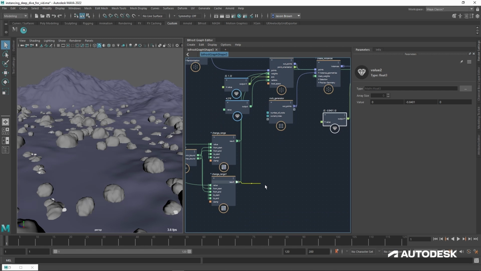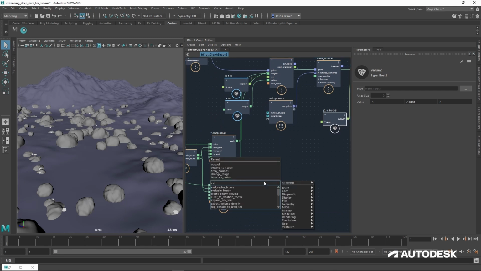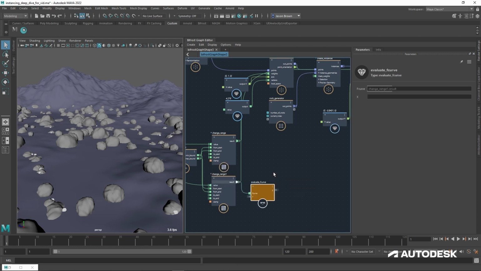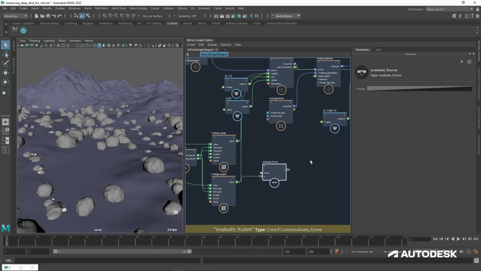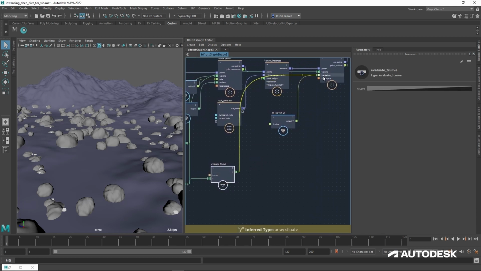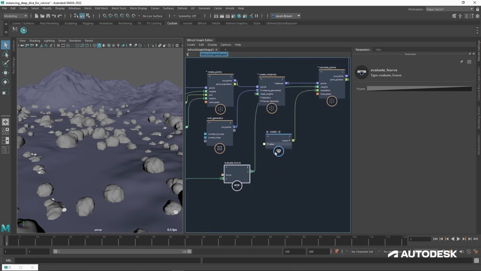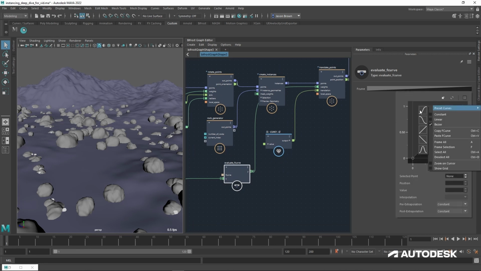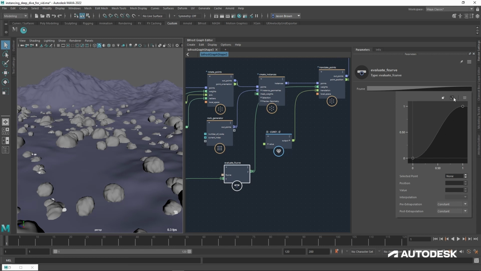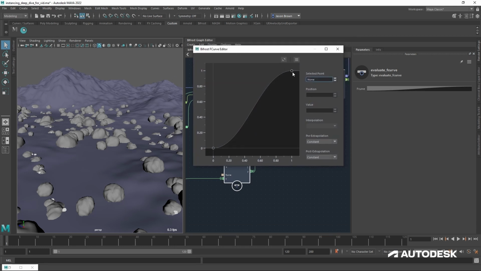And again, we can do it. We can adjust this with an evaluate F curve. So when you do that, it always pops itself into the F curve and you have to change it, which is always fun. And we just put the weights into there, which is fine, which is great. So remember, it's still doing it by this, but we can now have the ability to edit this curve like that. So now anything coming in at 0, it doesn't start coming up until a little way along. It's smoothing out this curve. So rather than just straight out linear, it's smoothing it out into a nice curve.